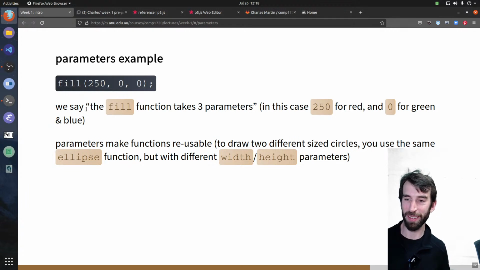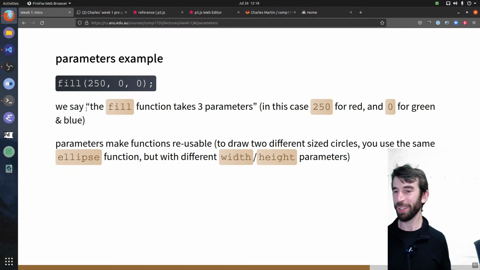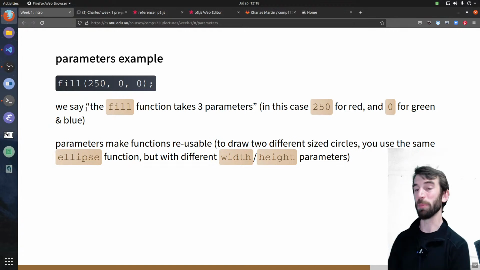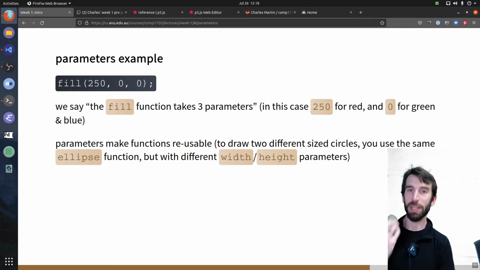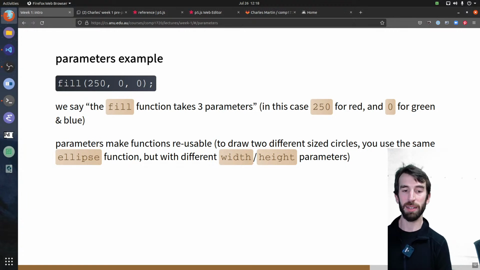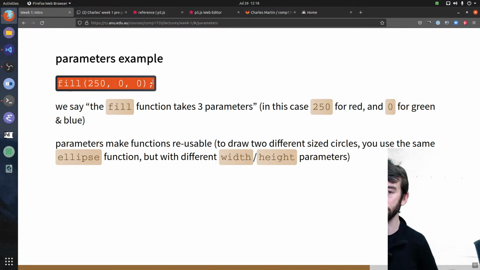We say the fill function takes 3 parameters, and that might sound very confusing, but what that means is that after typing fill, the word, you then have to put a parenthesis, and then you will put 3 numbers with 2 commas in between those 3 numbers, then another parenthesis to close it, and then at the end of the line you put a semicolon to tell the computer that you got to the end of the line. You don't have any more detail for this instruction.